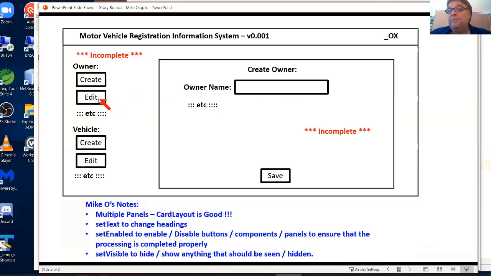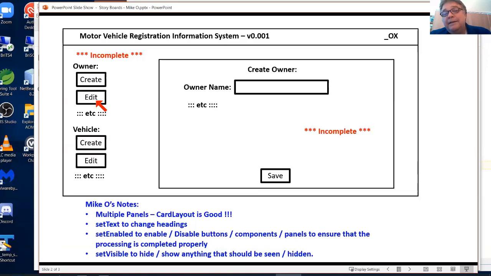And well, the first thing to do would be to check if the array is empty. If there's no data in the array, there's no point popping up a dialog. So when they click the edit, if they check the array, if the array is empty, just say, sorry, array is empty, you can't edit anybody. Okay. If the array is not empty, then pop up a dialog saying,